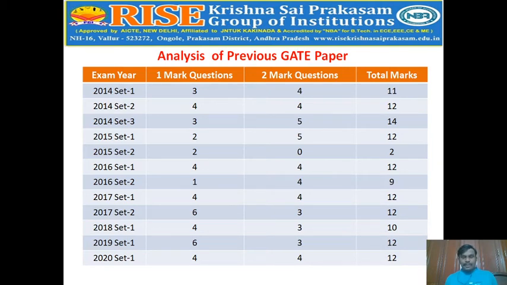online. Before 2014 it was offline. So you can observe from 2014 to 2020, only in 2015 one set had 2 marks, and 0 marks of the 2 marks, and a total of 2 marks was given. So that is from 2014 to 2020. So the total marks do not